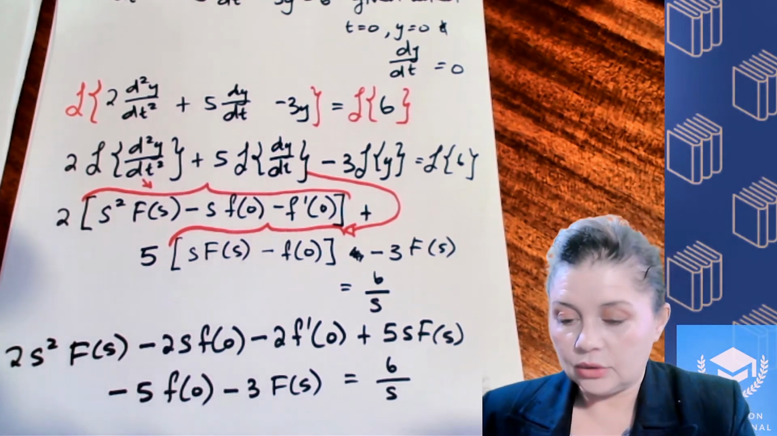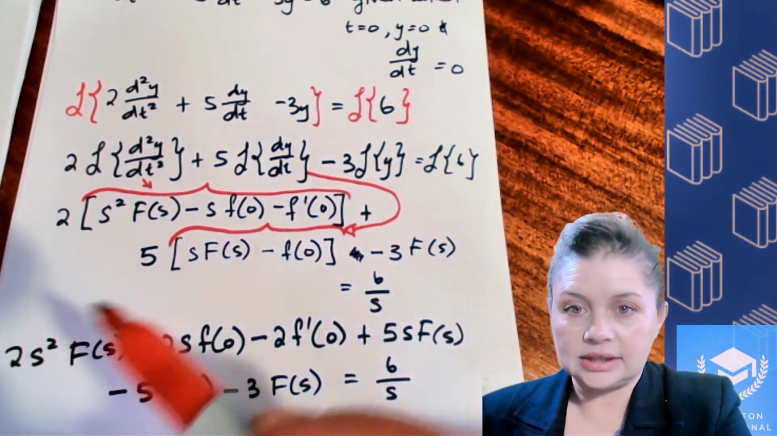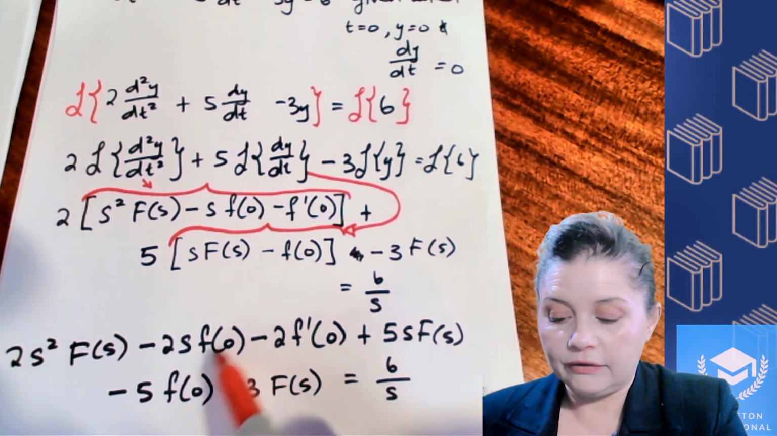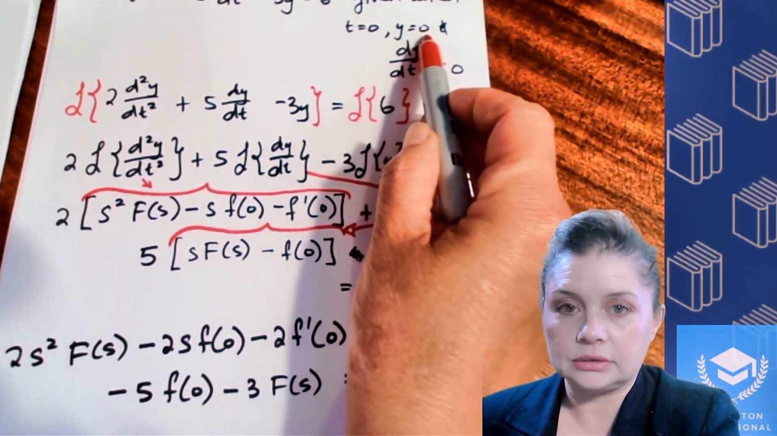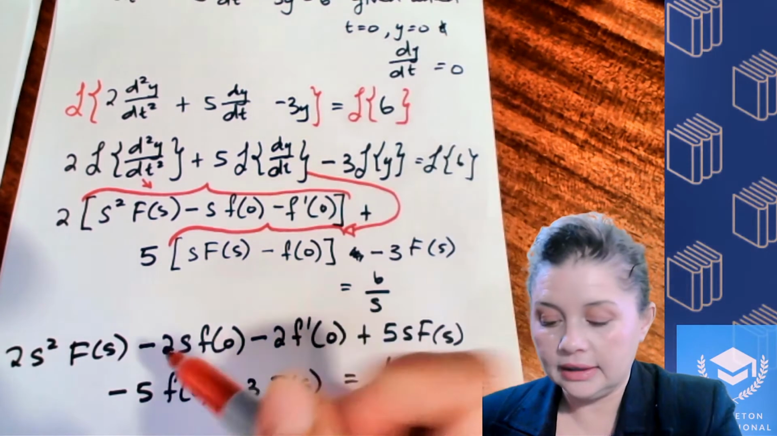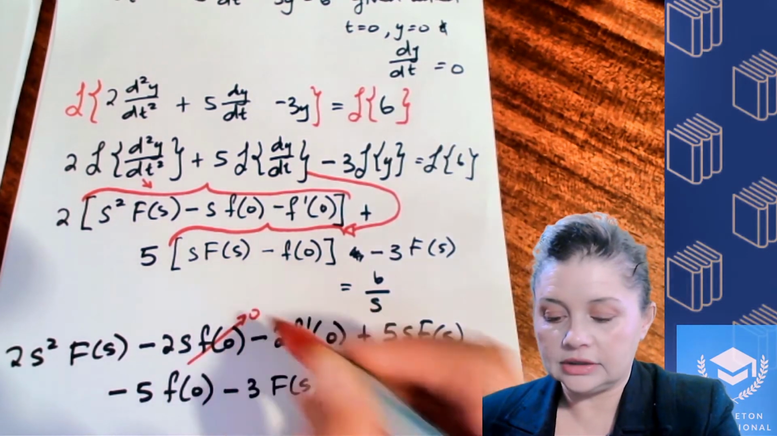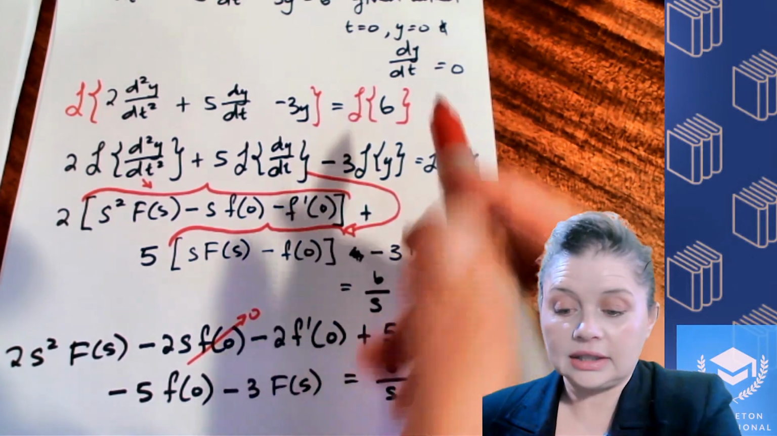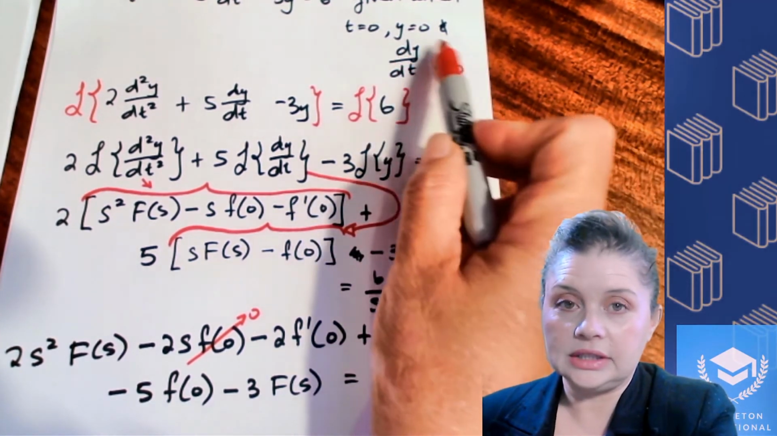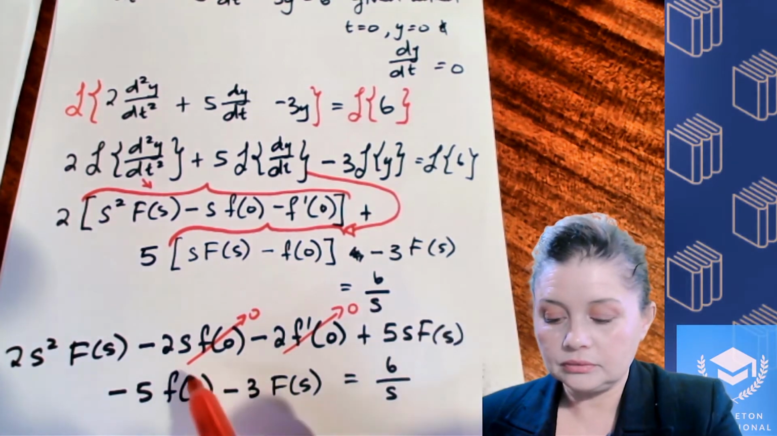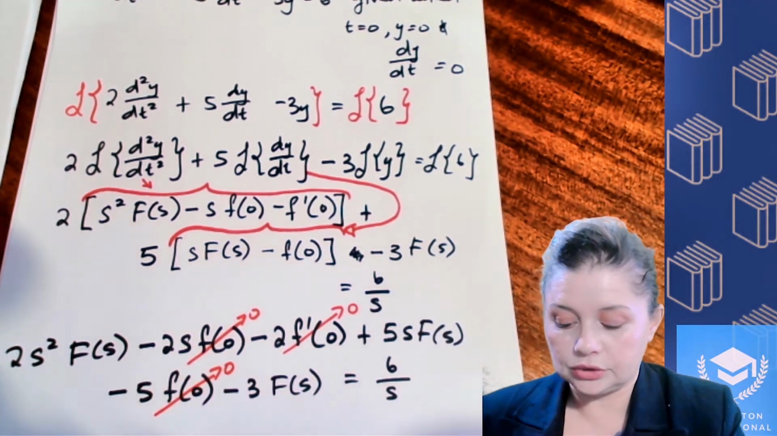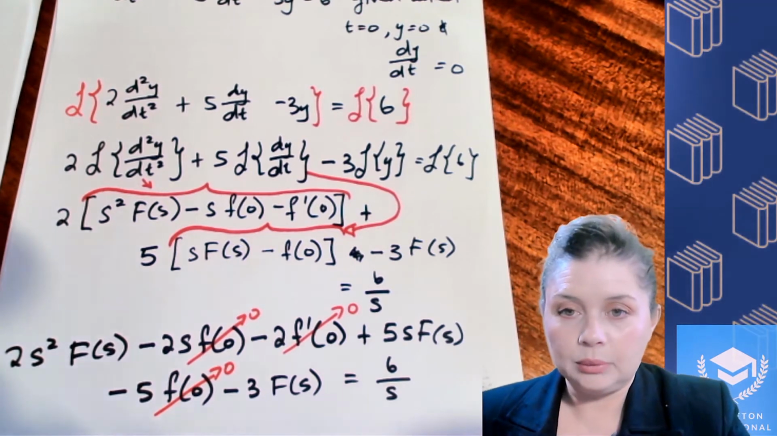Okay, so then our initial condition says that your function at 0 is going to be 0. See, because here your function is y. So that over there is 0. Your first derivative at 0, where t is 0, is also 0. So that goes to 0. This one also goes to 0. So what we end up with